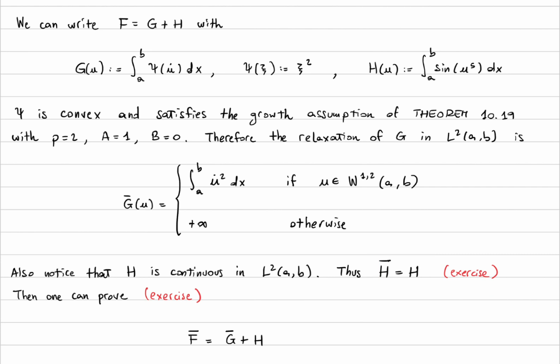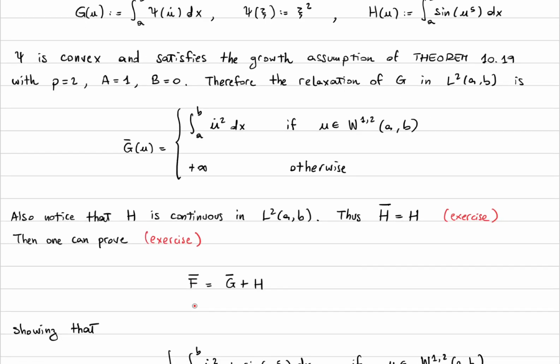to check that this statement is true in general. And then again, by another fact that I will leave as an exercise, if you have a function written in this form, where one of the two terms, in this case H, is continuous, then the relaxation of the sum, so the relaxation of G plus H, is just equal to the relaxation of G plus H, because H is continuous. And again, I will leave this as an exercise. So in total, we showed that the relaxation of F is just the relaxation of G plus H, showing therefore that